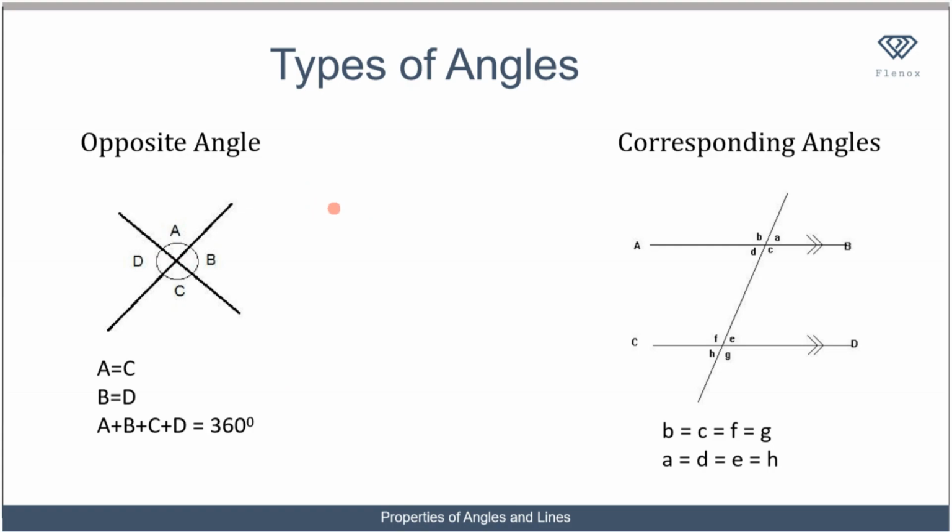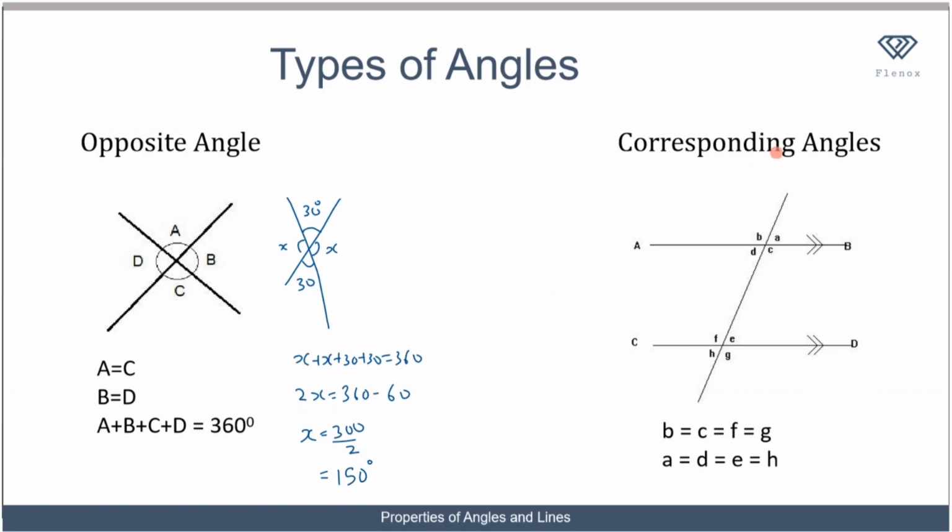So for example, if I give you two intersecting lines, and I say that this angle is 30 degrees, what does it mean? It means that definitely this angle must be equal to 30 degrees, and I know that this angle over here and this one are opposite, so they must be equal. So let's call it x. So now we know that x plus 30 must be equal to 360. So when we solve, we have 2x is equal to 360 minus 60. I know that my x will be equal to 300 over 2, which is equal to 150 degrees.